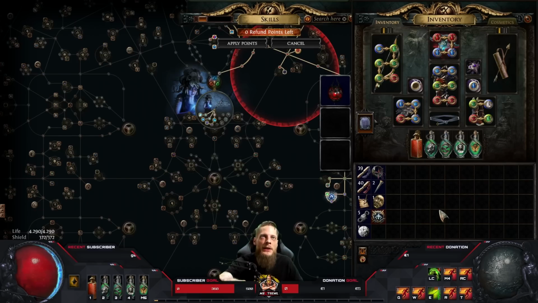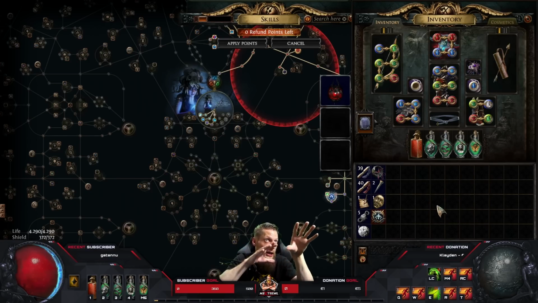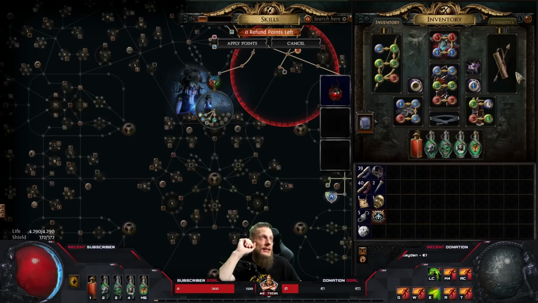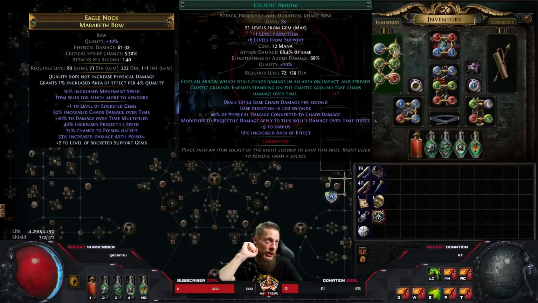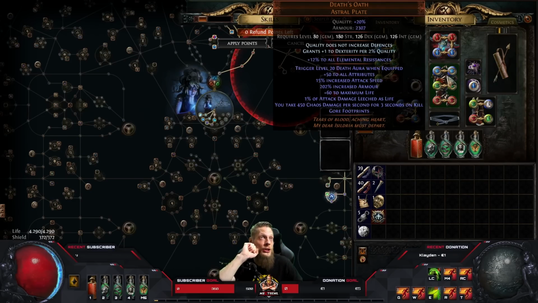Just to mention, we're gonna scale the same thing as every chaos build. We have increased chaos damage, we have chaos damage over time multiplier, we have general dot multiplier, we have all these sources that will scale both our Death Aura as well as our attack, right? There is a better way of doing a quiver, a more damage approach, I think it was a Hunter quiver or something, where you have chaos damage over time multiplier for attacks, as well as damage over time multiplier for attacks. This will only count for our Caustic Arrow and not for the Death Aura, just because it's not an attack,